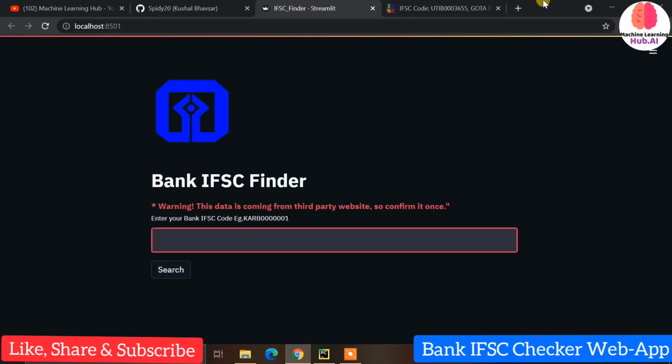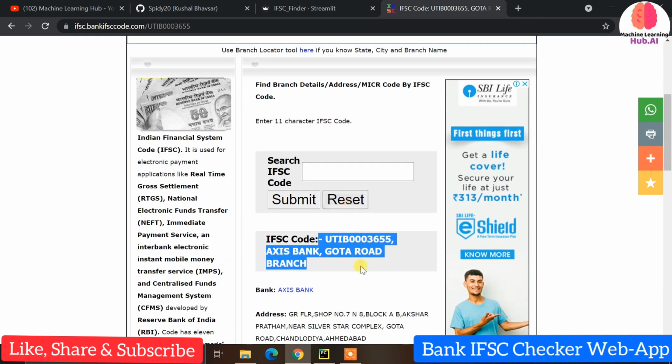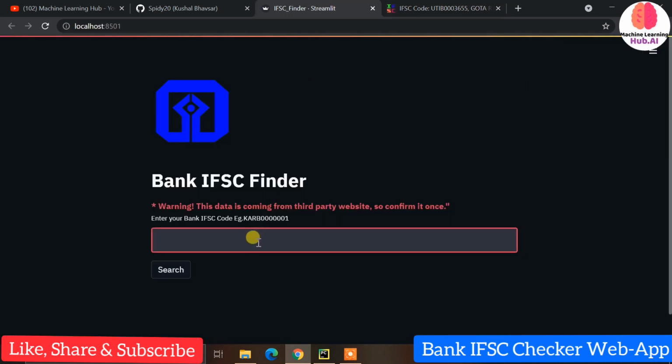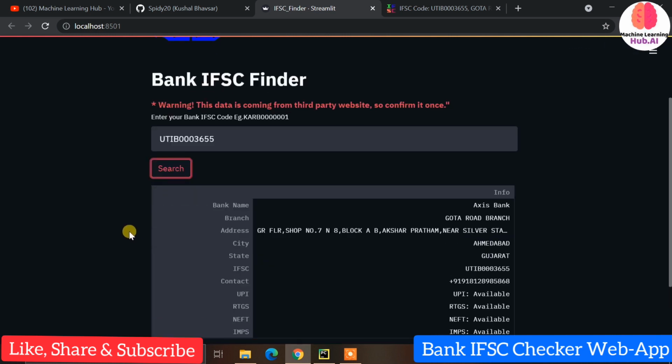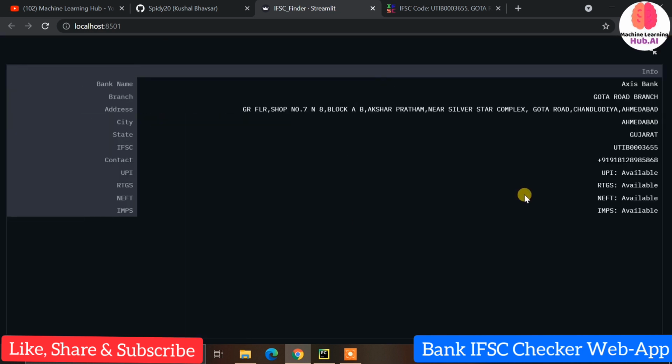For example, I'm going to use this IFSC. It is the Ahmedabad Gota Road branch of Axis Bank. So I'm pasting this IFSC code here and now I'm searching for it. It will give you all the information related to the branch, like bank name is Axis Bank, branch is Gota branch, and address. For the full address you just need to click here, and you can see the address, ground floor and so on.